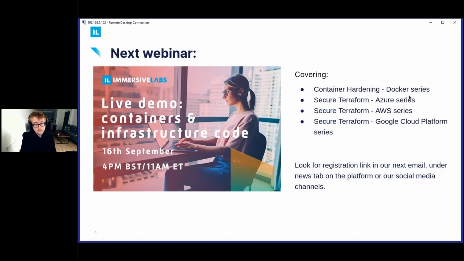hear. Quickly about the next webinar, we have another live demo coming up about containers and infrastructure code. So this will be from the cloud team, I believe. As you can see there, it's up on the 16th of September. So make sure to sign up for that if this is something you're interested in. It covers container handling, some of the stuff from the NSA that I believe came out recently, where they gave some advice on container handling. Make sure to register for that if you're interested and have a look at